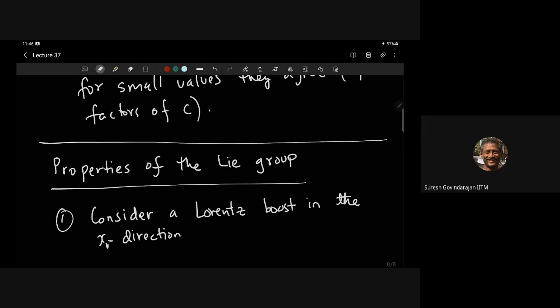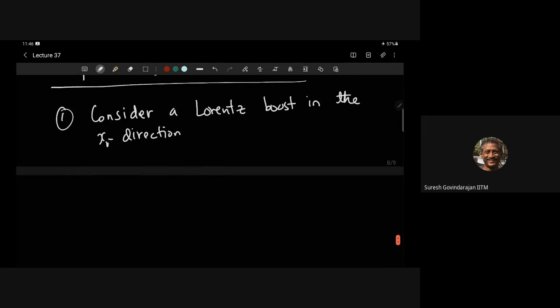Okay, x1 direction. Okay. Then we can see that the V0 prime square, V1 prime square is actually equal to V0 square minus